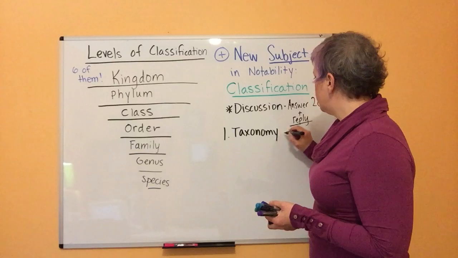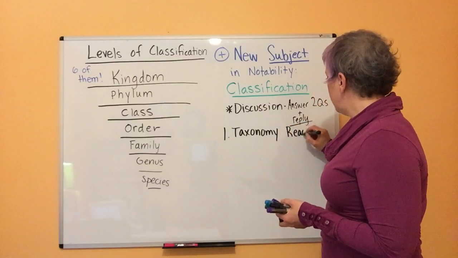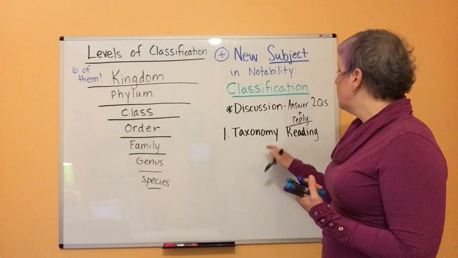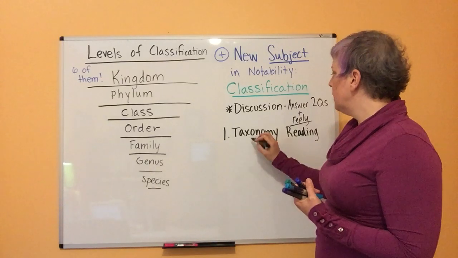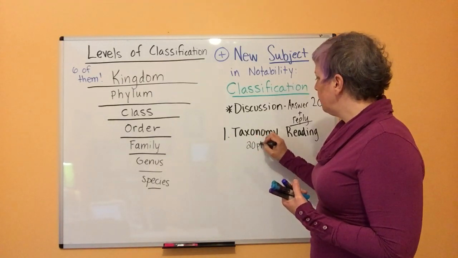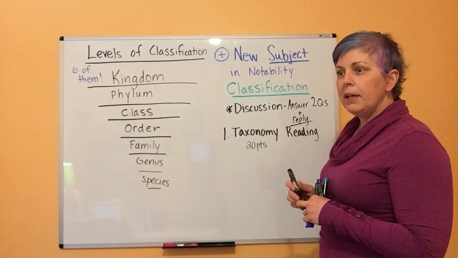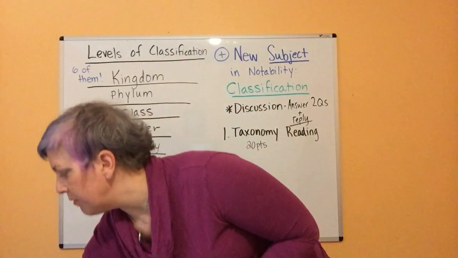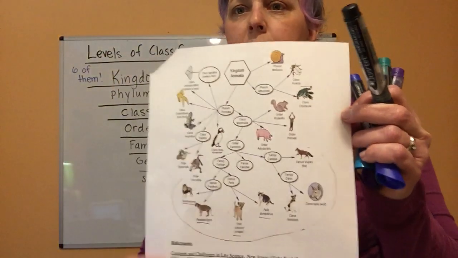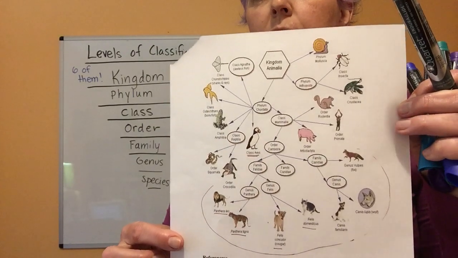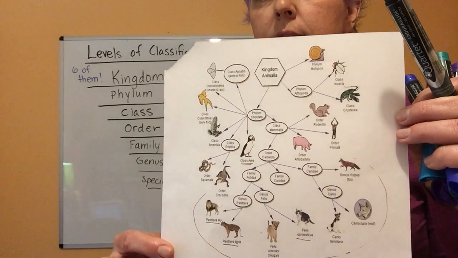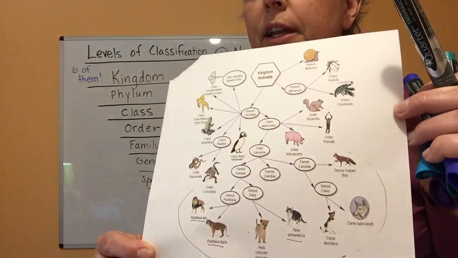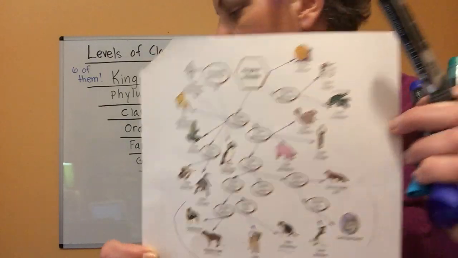which is going to be a reading on taxonomy. Taxonomy is the science of classifying animals, which is what we're doing in this unit. This reading is going to be worth 20 points. It's about a 3-page reading with questions, and it also has a graphic that you're going to have to look at, where you'll answer questions that pertain to the graphic. Some of the questions might be a little challenging, so if you need help, you can always email me, and I'm available